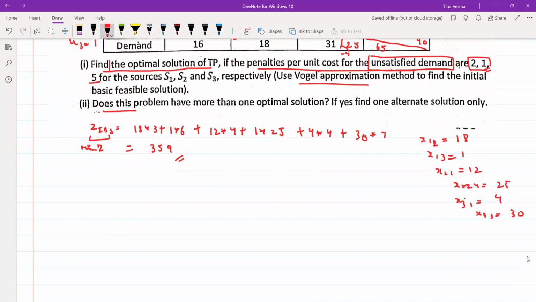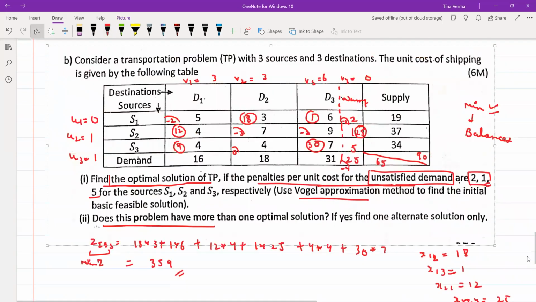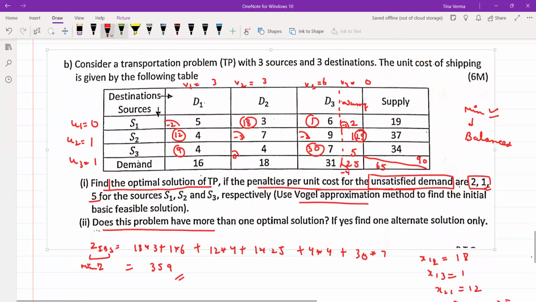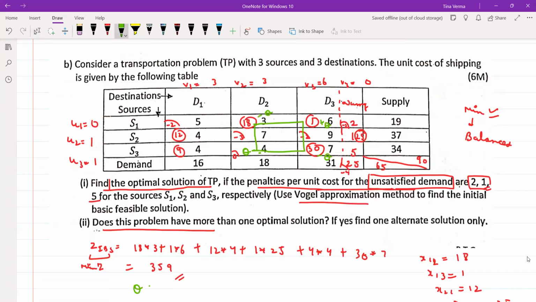The second part was that, does this problem have more than one optimal solution? That means if any southwest entry is 0, that we actually got this is 0, that means this has more than one optimal solution. So this has 0. So you have to assign theta over here, and you have to create a loop. So this is theta, and you can go now in this direction. Here you have already one, this, and you can come like this. So this is 18 minus theta, this will be plus theta, and this is minus theta. So theta, if you assign the minimum value of 18 and